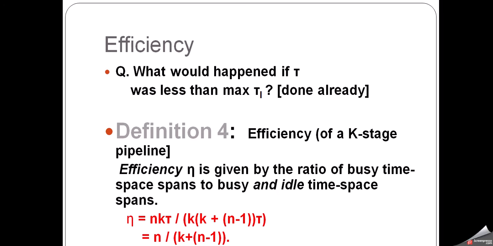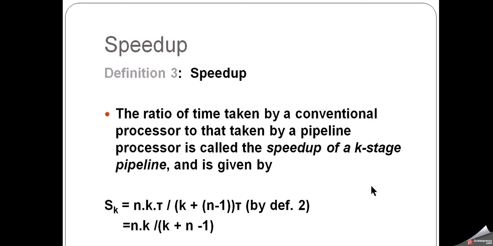So the efficiency of a k-stage pipeline. Let's have a think about that. Talk about efficiency of machines. Our pipeline is no different. It's a machine, and we can talk about the efficiency. The efficiency eta of a pipeline is given by the ratio of busy time-space spans to busy and idle space-time spans. So let's just hop back to